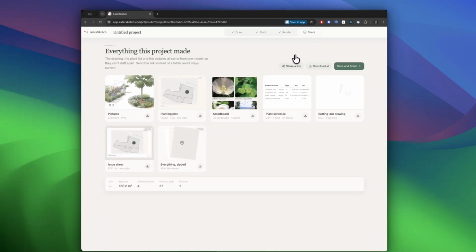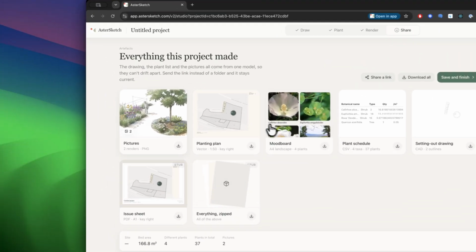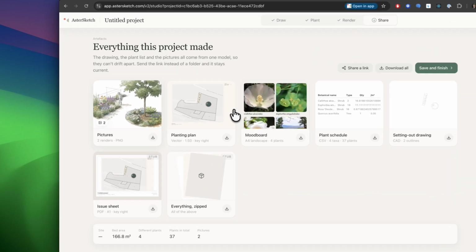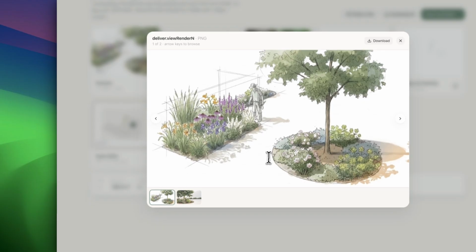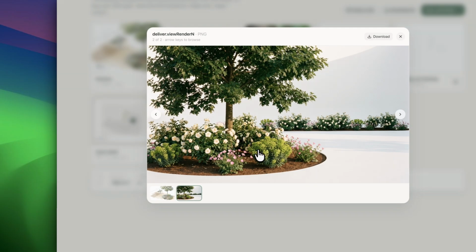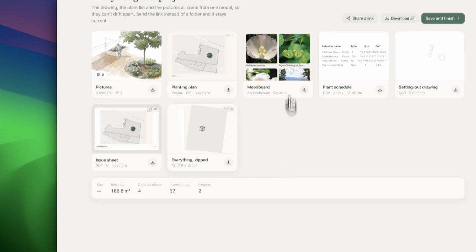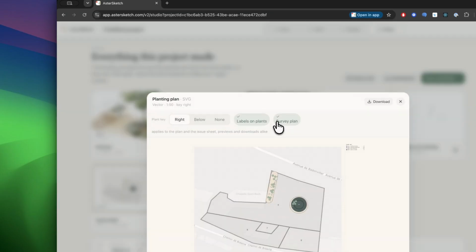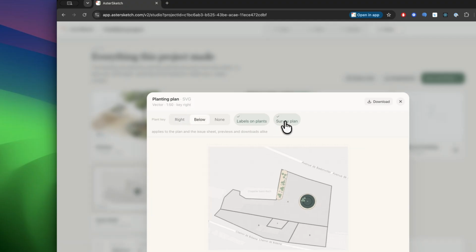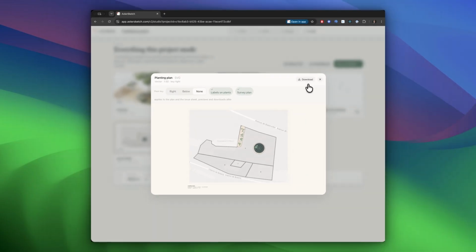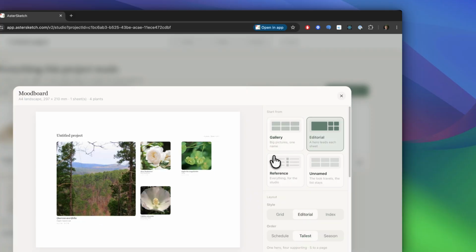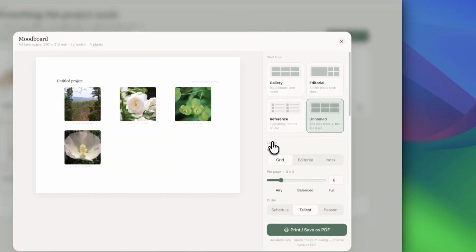So now I'm going to go into sharing, and I can see all the different parts of my project. The gallery with my renders, and we can see the new one. And I can also export the planting plan. So this one is probably less advanced than the V1, but the mood board has been upgraded with presets where